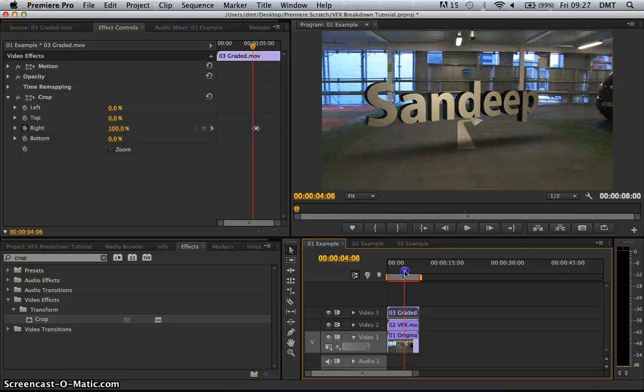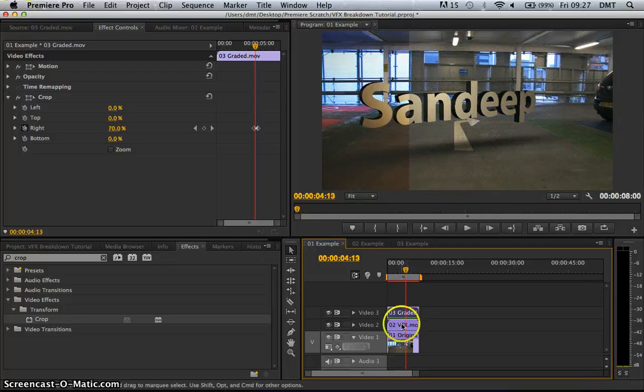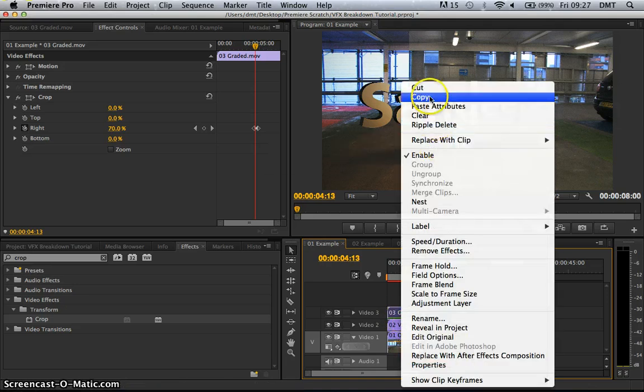Now, I would have to do that for the next one down as well, because I want to crop that so you can see the original shot and then the VFX comes in. Rather than having to do this for every single shot, imagine I'm doing it for 3, but you might have a whole timeline. Rather than animating each one individually, once you've got one crop working, you can copy a clip, and generally most editors will let you do this. Final Cut, I know, does this as well. Once you've applied some kind of